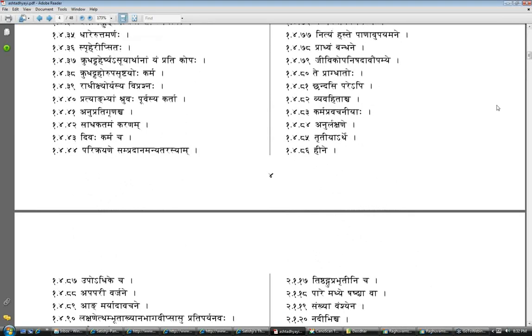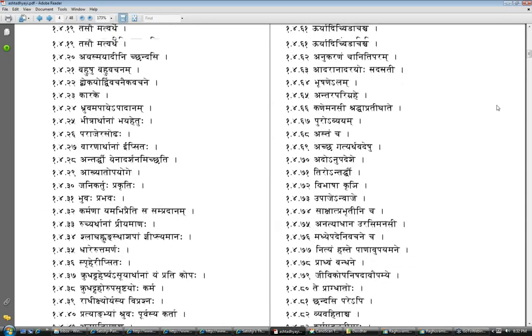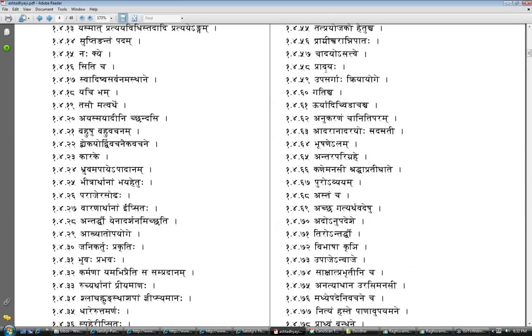Below that come the paradayaha, which normally are famous as upasargas, right? So para, sam, upa and all that. When they are in kriya yoge, in connection with a verb, they are called upasargas and gati. Now why have two sanyas, upasarga and gati? Because gati is a bigger umbrella.